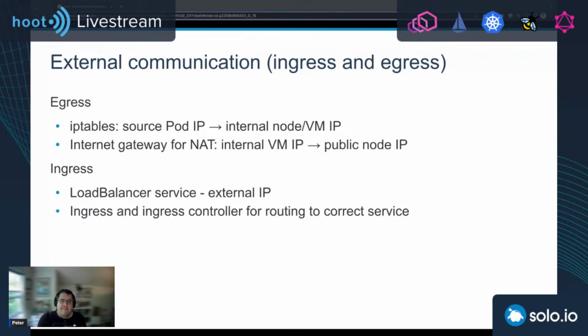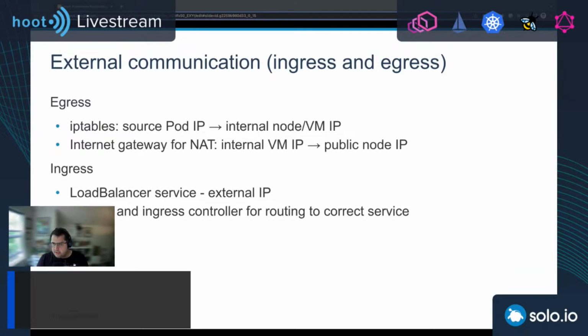So when the traffic arrives at the load balancer, it's going to get routed to one of the nodes in the cluster. And then the iptables rules on the chosen node will kick in, and they will do the necessary network address translation, and they're going to direct the packets to one of the pods that's part of the service.